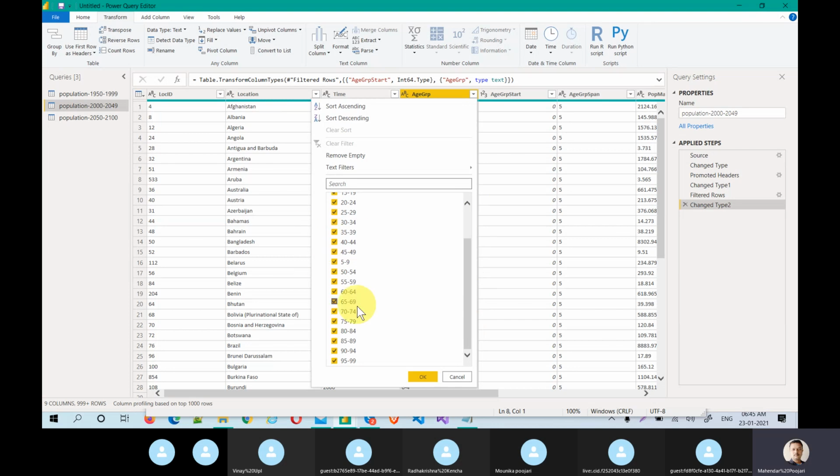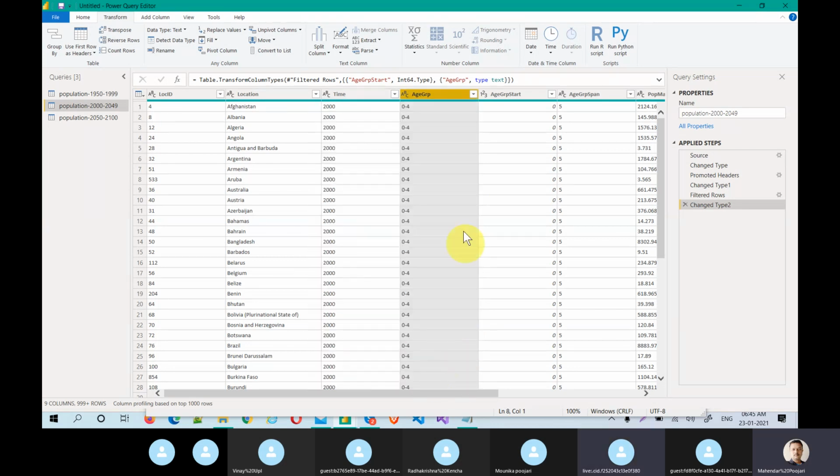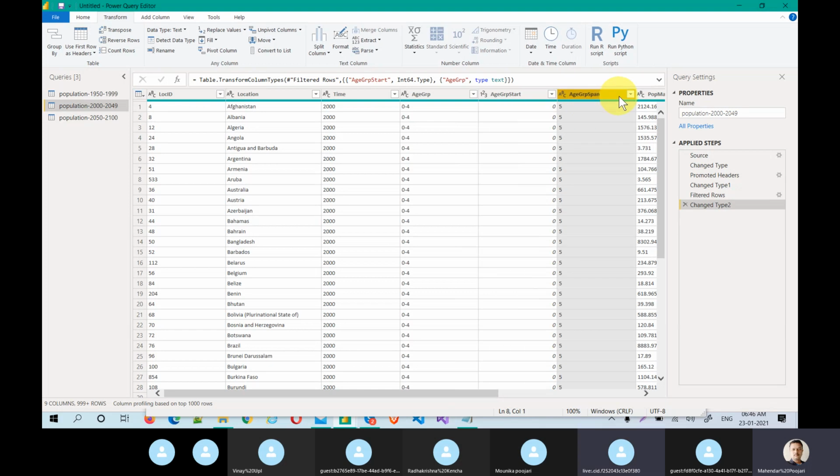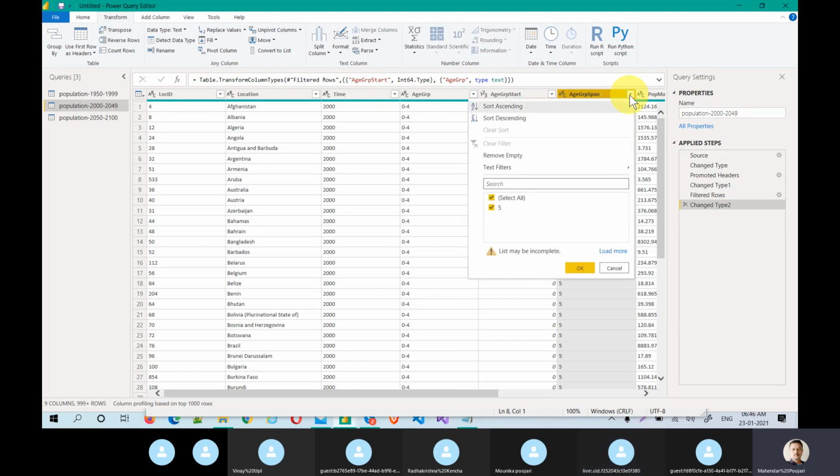So iPhone obviously it will not understand. So that is the reason it just kept as a text, right? So it will not be changed to numeric. So that is perfectly fine. This is numeric. This should be a numeric also. But to load more, we can understand if there is an issue.